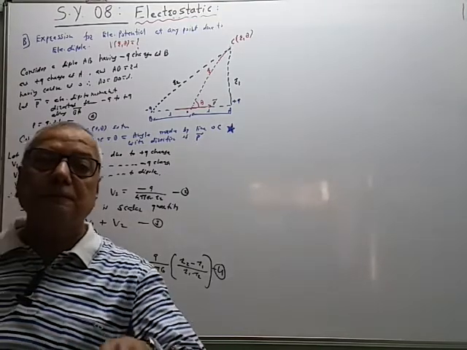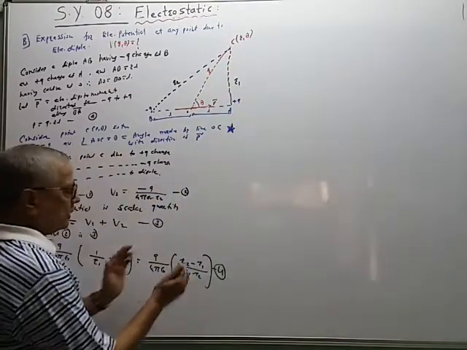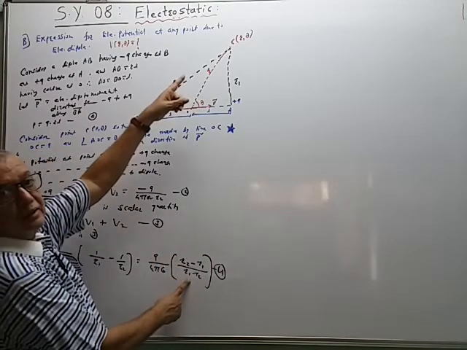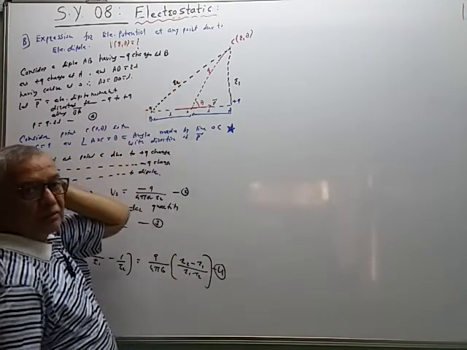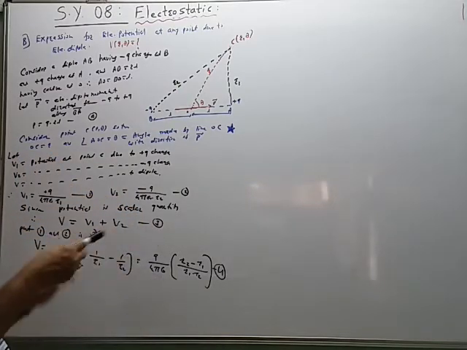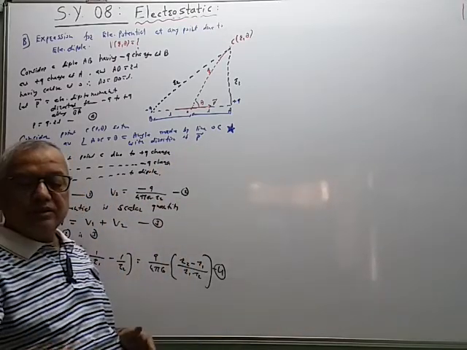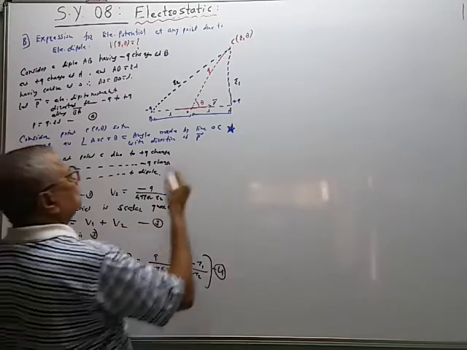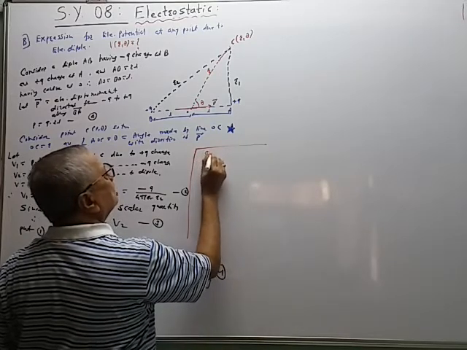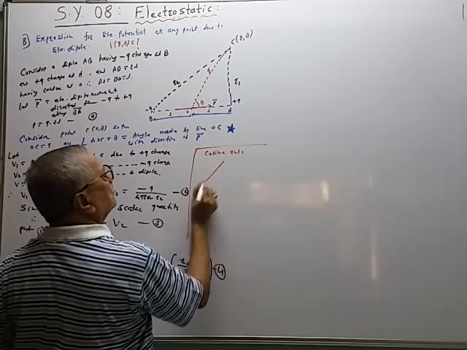Why do we need to solve it? We know the position of point C in terms of R and theta, so to express this bracket in terms of R and theta, we just have to use mathematics. So we can use the mathematics like this. Now here we are using the cosine rule.